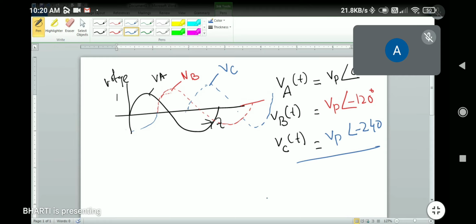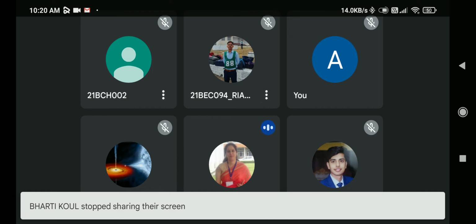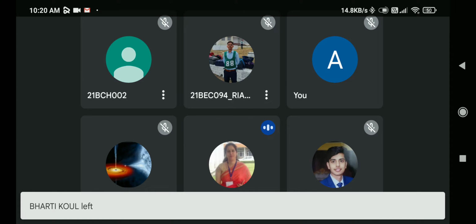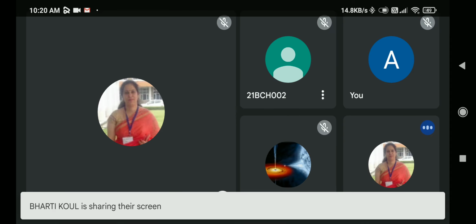Okay. So now this was about the relation between the three phases of a three-phase circuit. That was the relation. Fine. Now coming to the next part of it, that is